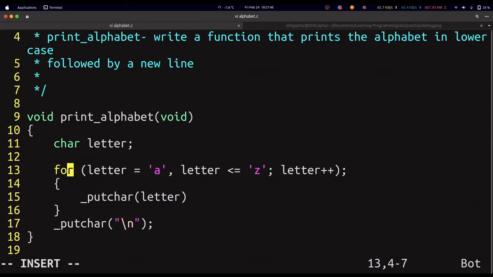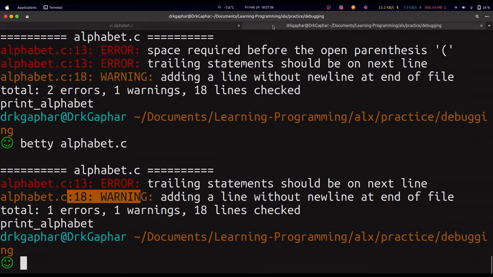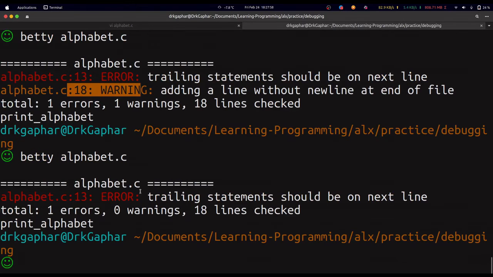So I think, let me quickly fix this error here. I think the error is coming from here. It's because I used this. Okay, so let's run Betty again. We still have this thing on line